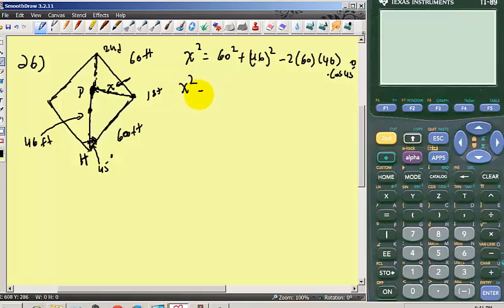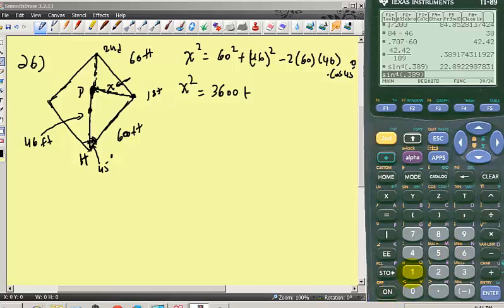So I get X squared: 60 squared is 3600, and 46 squared is 46 times 46, which is